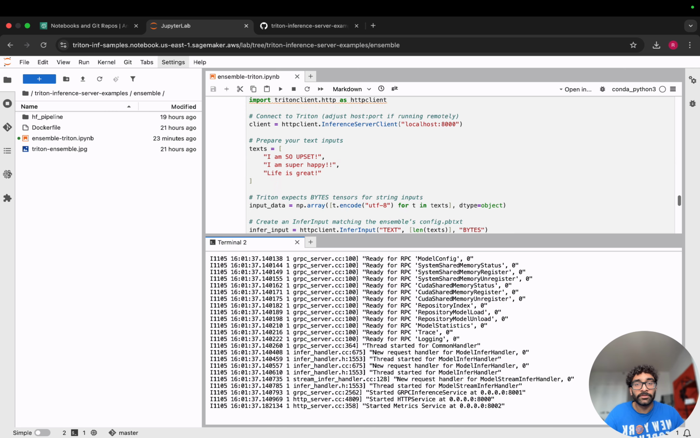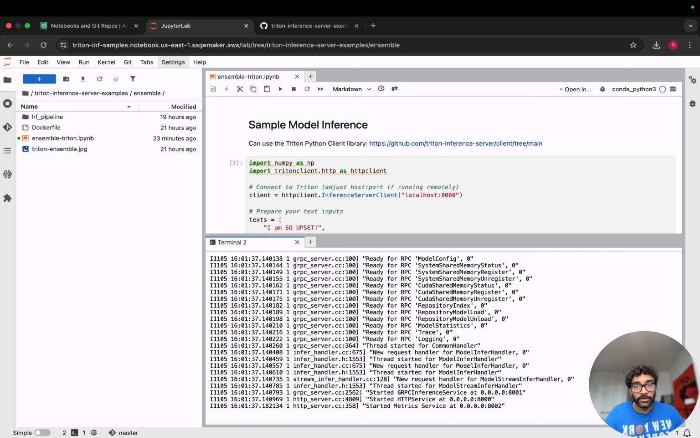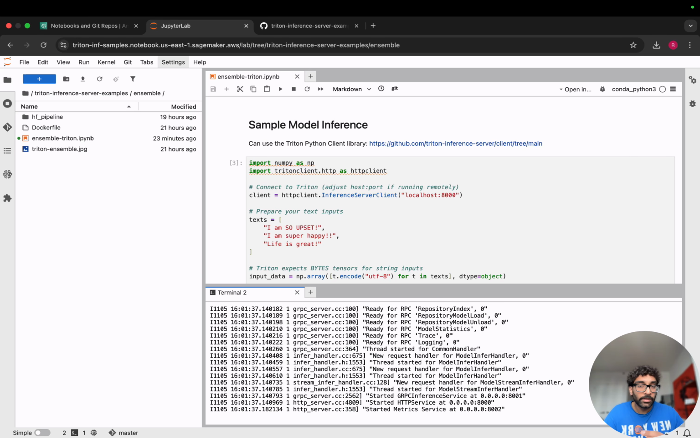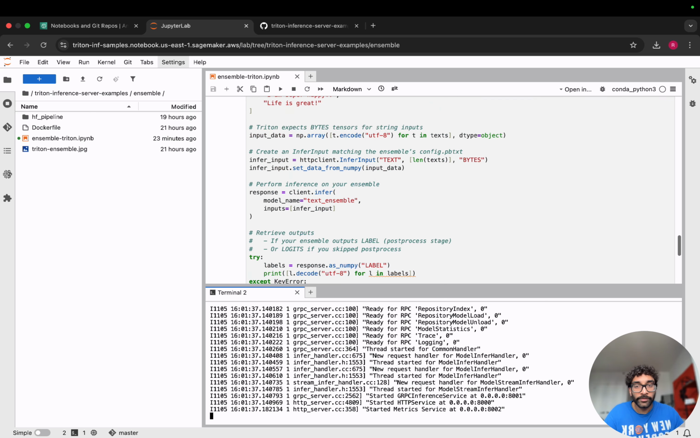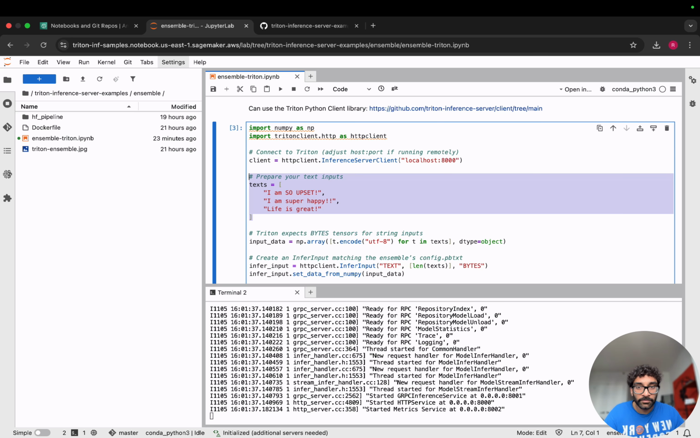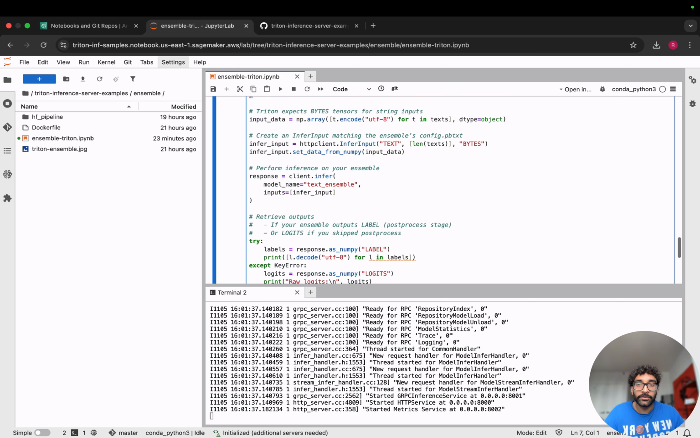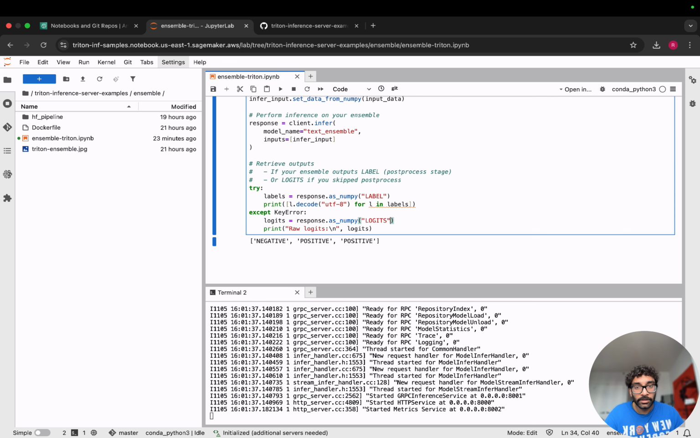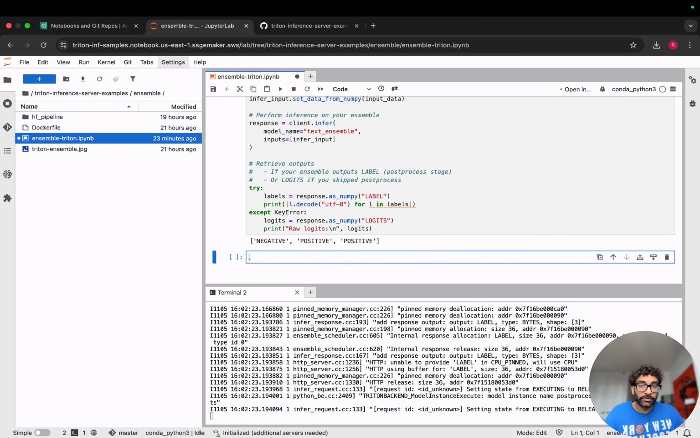And here I'm just going to be sending in HTTP requests, once again using the Triton Python client. You can change this depending on whichever protocol you want to be working with. Here I'm just going to pass in 3 sample texts. I'm so upset. I'm super happy. Life is great. Should be negative, positive, and positive, right? So if I run inference right here, just rerun this, you'll see negative, positive, positive,